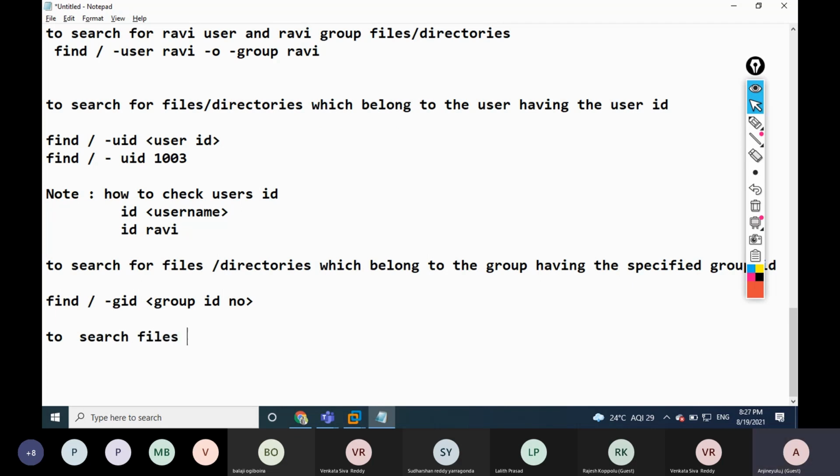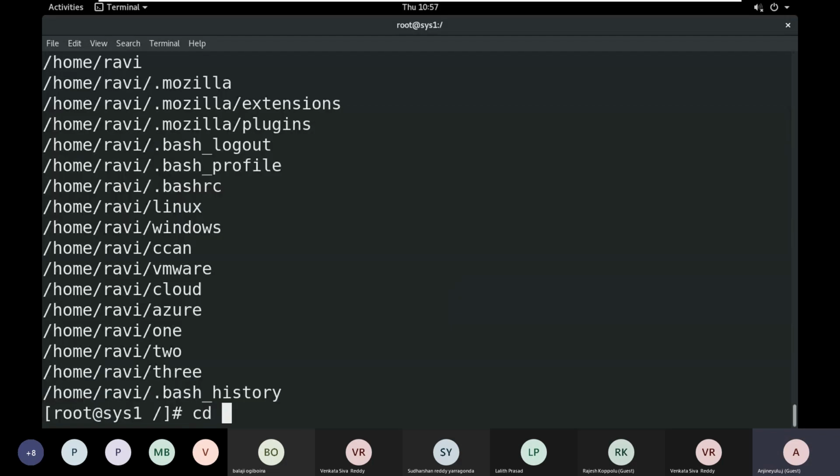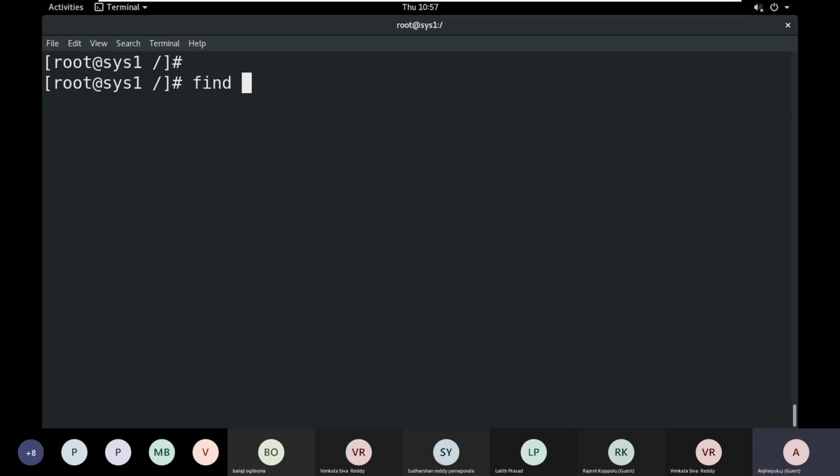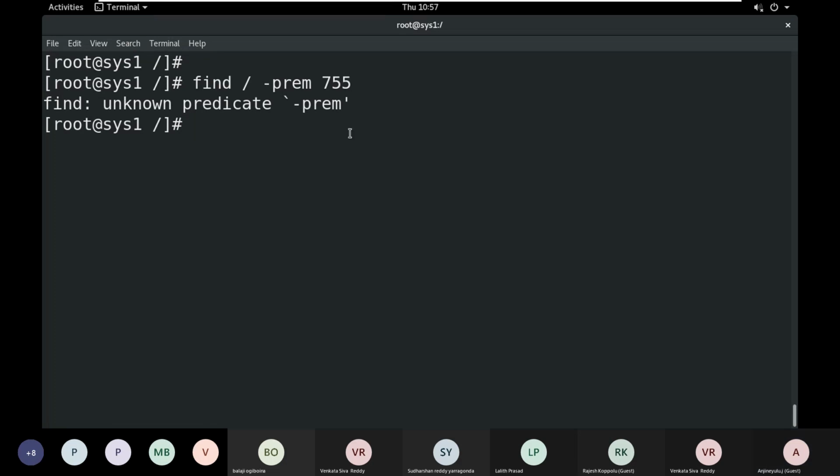To search files and directories which have permissions like 755, we use the find command, then -perm, then 755. If I give find from root with -perm 755, we can find them.